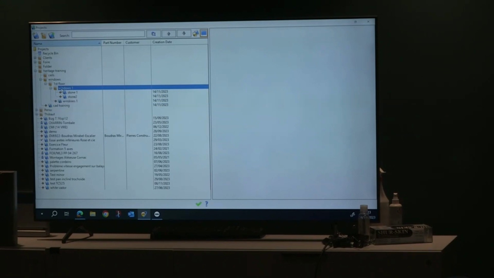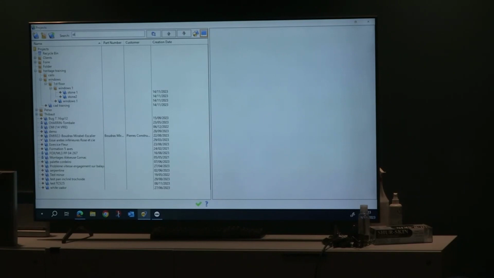So initially we open the project for the Heritage Training, and then it's open Windows after that. Or open folders. Yeah, you have many folders. And finally, you have the parts. And those are projects. Okay. And then, if you want to use this, you can search